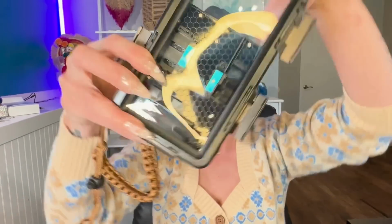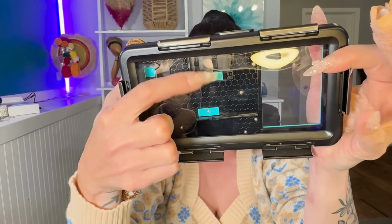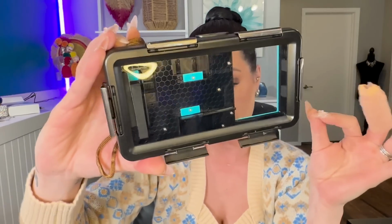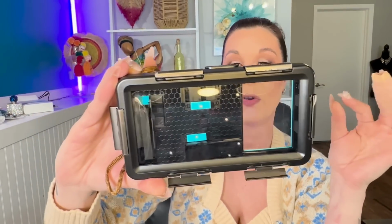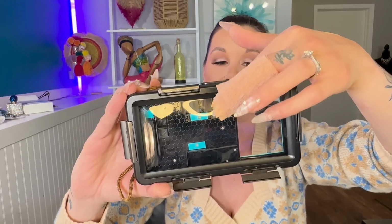It's on there really good, and it would be really hard for me to open this up. Anyways, do you see all the little blue tabs in there? Those are sizers, so that it will fit very many different phones. This is very much a one size fits all. You could have a very large phone in here or somewhat of a smaller phone. And these little sizers over here and over here will